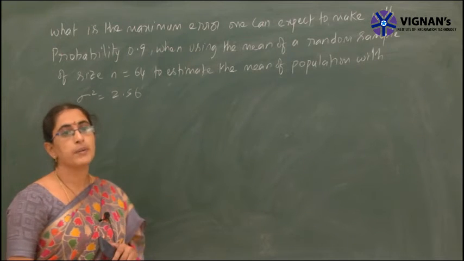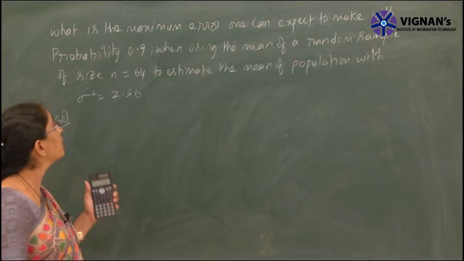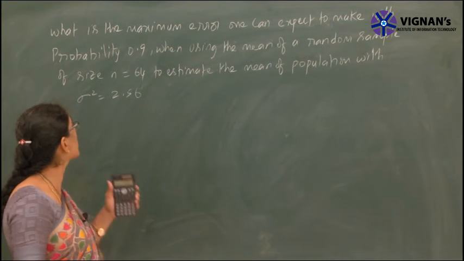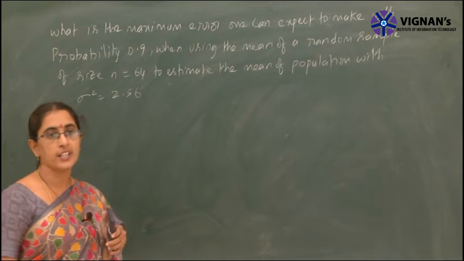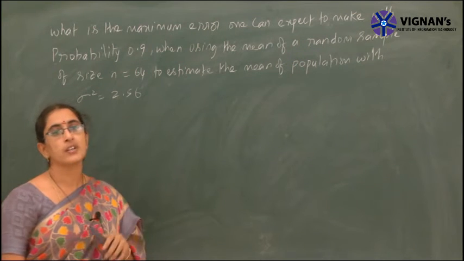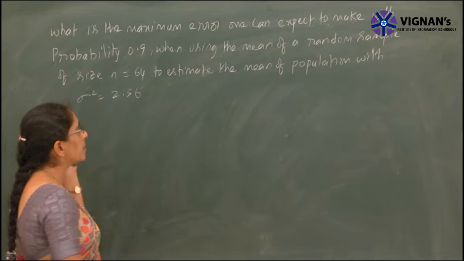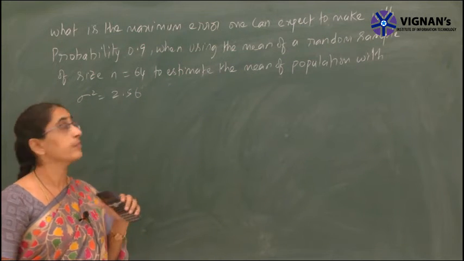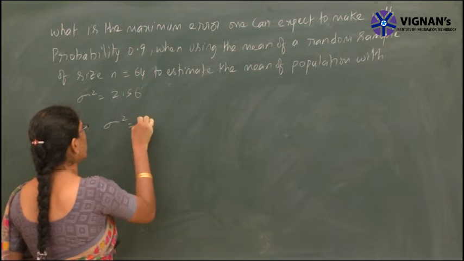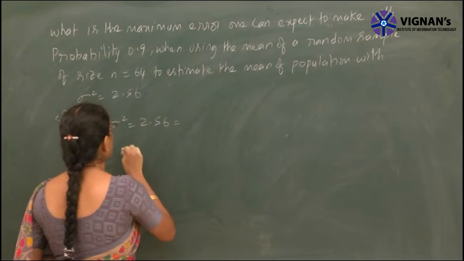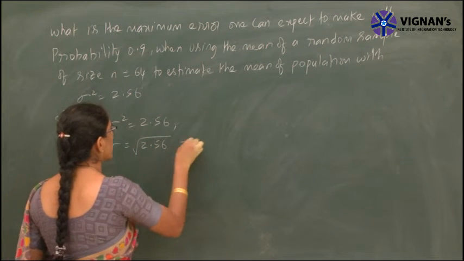What is the maximum error one can expect to make with probability 0.9 when using the mean of a random sample of size n equal to 64 to estimate the mean of population with sigma square equal to 2.56. Sigma square means here variance is given. Now this time here you have to find the error, right? So what is the maximum error? So here sigma square equal to 2.56 means sigma is square root of 2.56 is